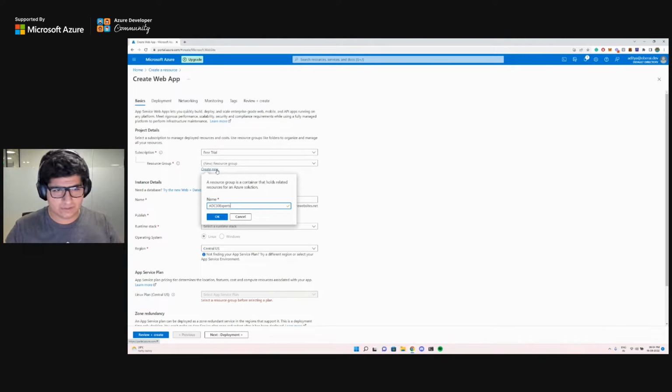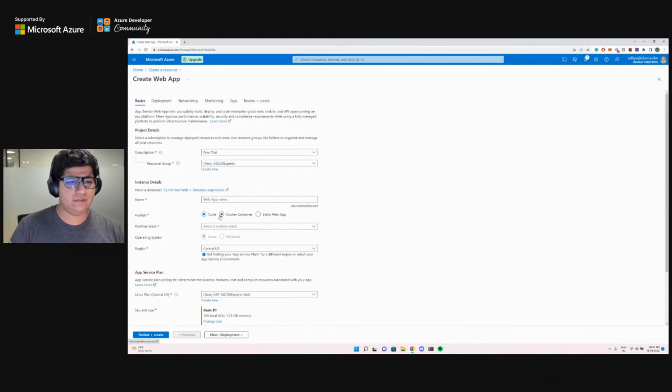It's just something relevant to this session, right? And the next thing we're going to do is create a name for our application, of course, because this is the name, the domain where it's going to be deployed. So I'm going to keep it ADC 30 experts, and I'll add a .NET because I'll be using an ASP.NET application here as my